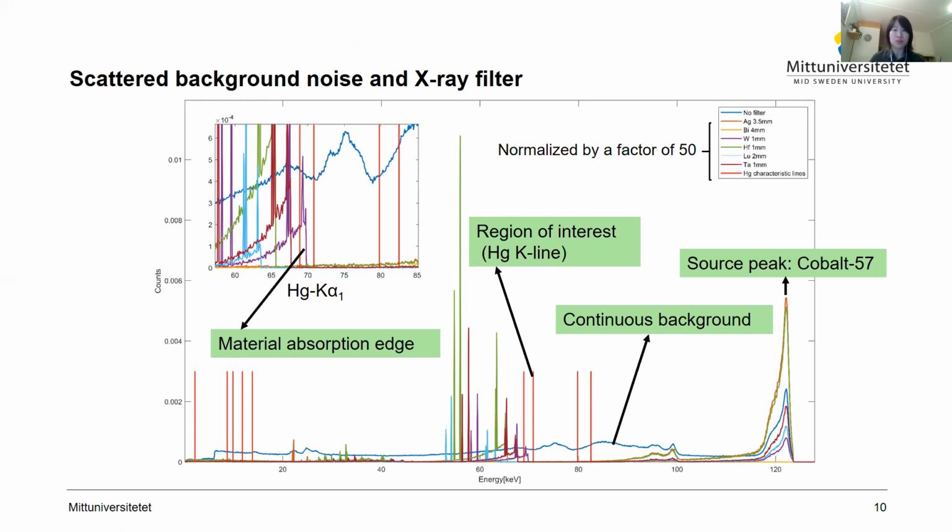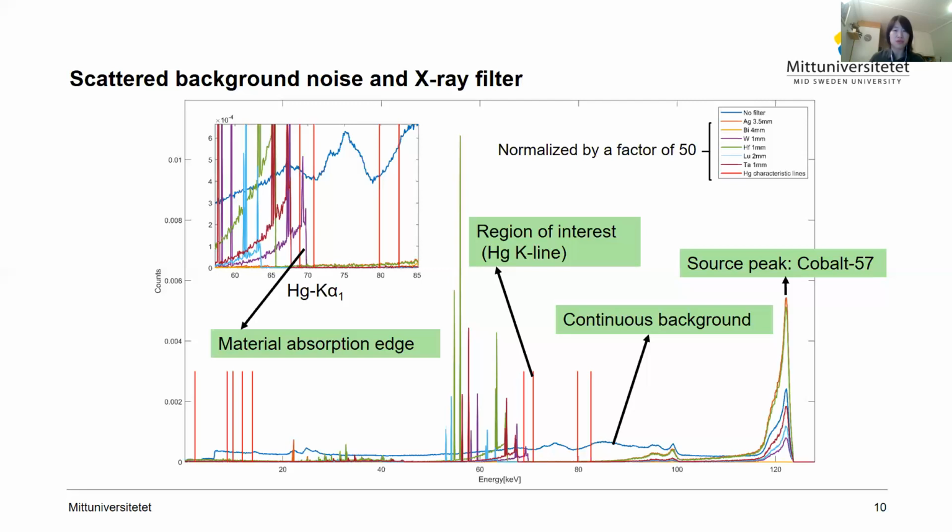As shown in the blue line without filter, the full spectrum from low energy to high energies overlaps with the peak from mercury, and then the intensity of the mercury will be underestimated since these peaks might be hidden in the spectrum.